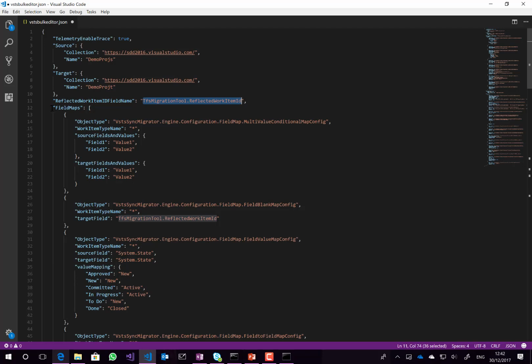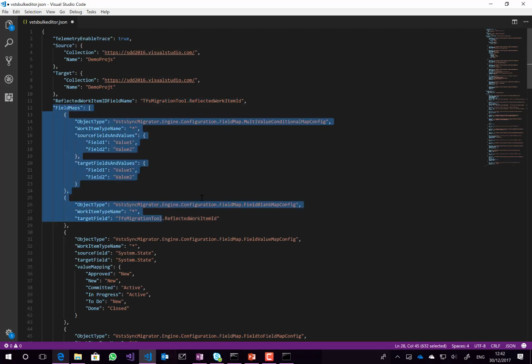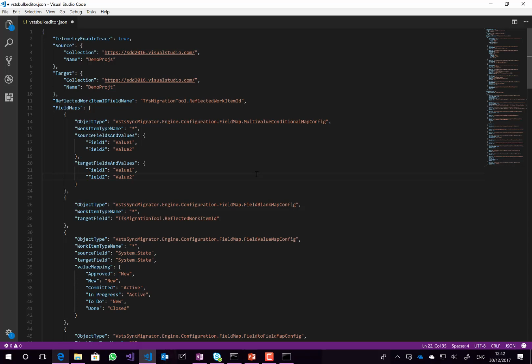And then we have a number of field maps. There's a number of different field mapping tools. There's one instance of each of the field maps in here, but you can actually have multiple instances with multiple configurations. Basically you've got an object type, so this is the multi-value conditional map config. You have what work item types it applies to. You can just put star, and that applies to them all. And then the source